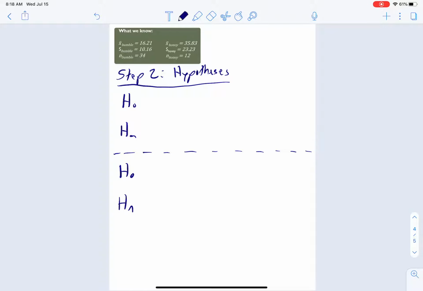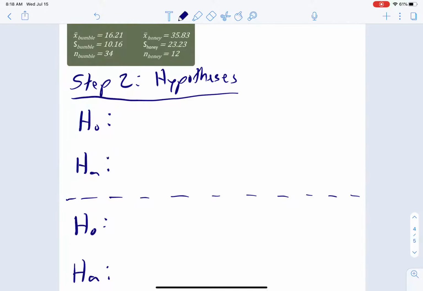Effectively, based on these samples, we're trying to elevate them back up to the population of bumblebees and the population of honeybees, two separate populations. So in this case, our null hypothesis is that there is no difference,